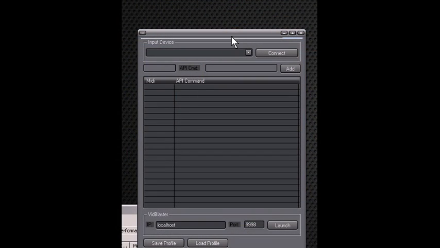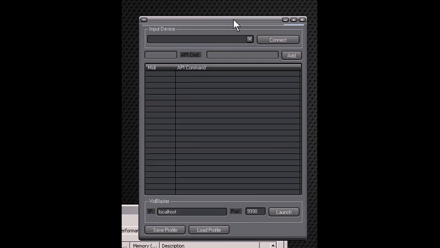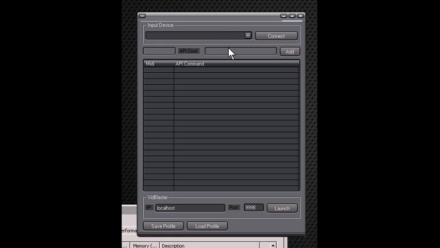Now what MonoMidi does, it allows you to take VidBlaster and have it controlled by any MIDI device, M-I-D-I, any MIDI device. And so in our case, we've got a Korg Nano Control hooked up to it, so we'll go ahead and connect up to that. We want to take commands from the Korg Nano Control, so I'm going to push a button under number 1. That's going to bring up number 23.